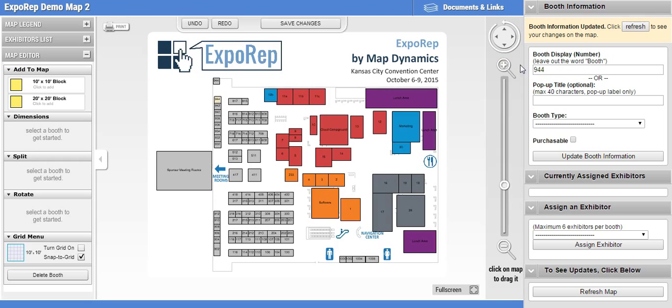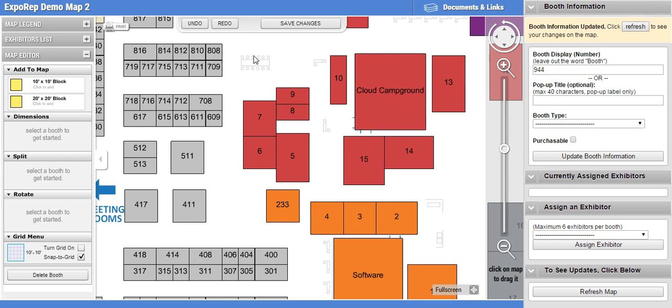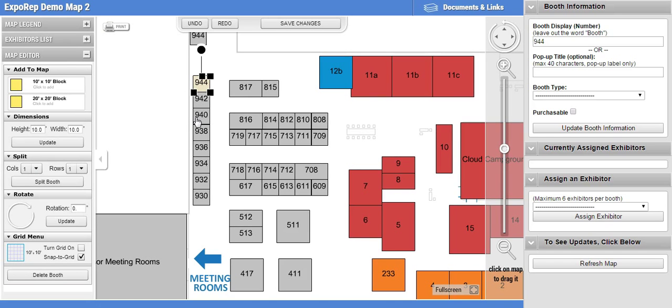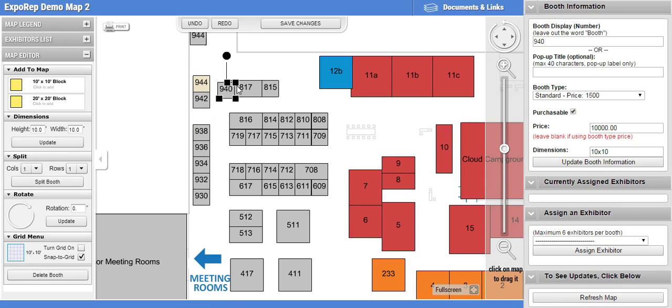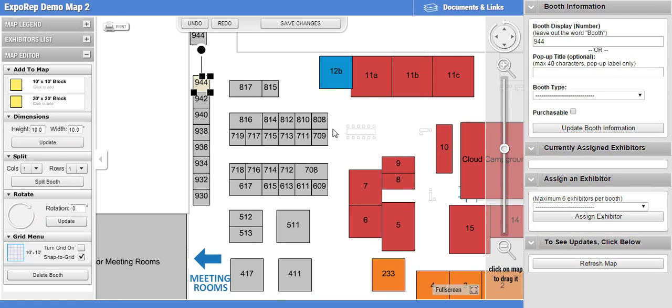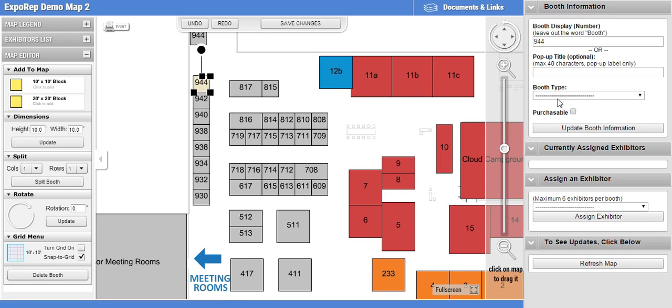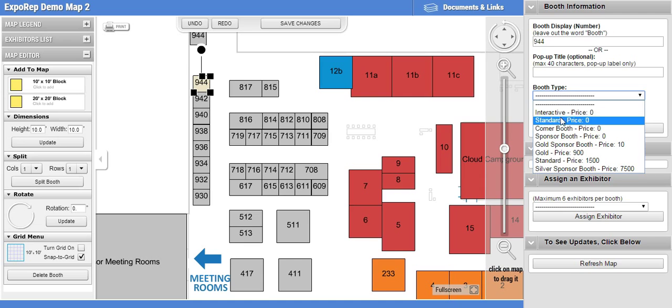Now you can see it has number 944. I'm going to zoom in again. 944 on the booth. I can also give it a booth type, which is what does the colors here. Put that one back. So if I wanted to give it the same type as these, I click on this one, see, okay, this booth type is standard. So I'm going to click on that booth and choose down here from the booth type,